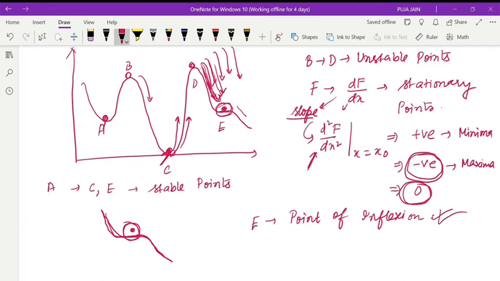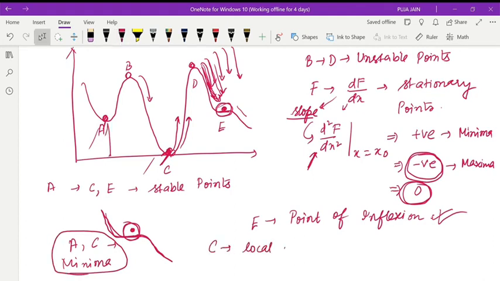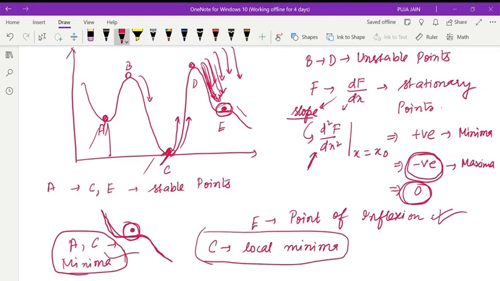Now here we see we are getting 2 points, A and C. At points A and C we are getting minima, right? But point C is the local minima. Why local minima? Because in between A and C, point C is at the lowest height. Suppose B was not like this, but if B was like this, then we would say D is at local maxima with respect to this B dash.